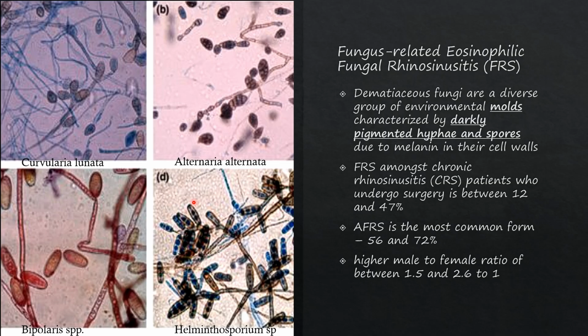I will show you the images. This curvularia has these curvy long thread-like hyphae, and alternaria has these alternations, and these alternations are what give it the name. Bipolaris, since it is bipoled spore, and then helminthosporium and other organisms are also there. Dematiaceous fungi are fungi that are darkly pigmented due to melanin in their cell walls, and these are molds, these are not yeast. Now you have to remember that FRS is